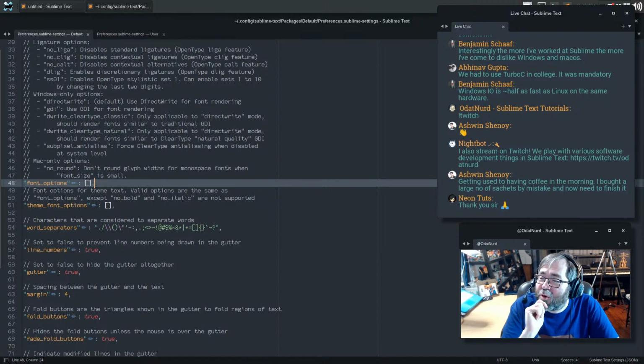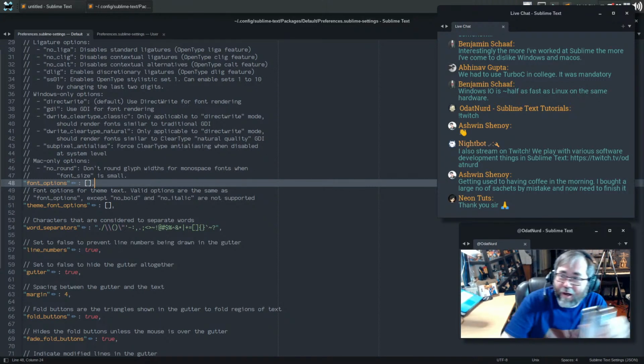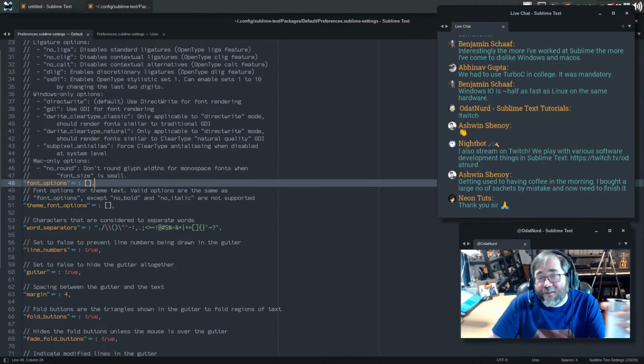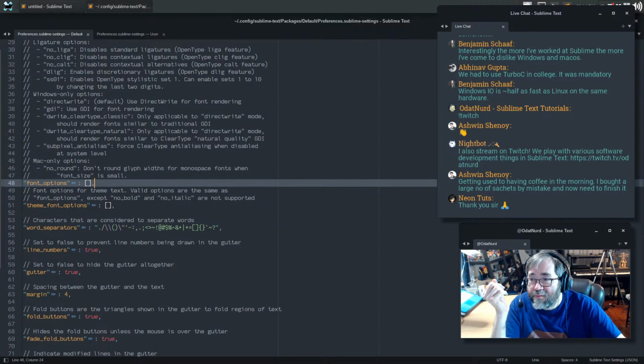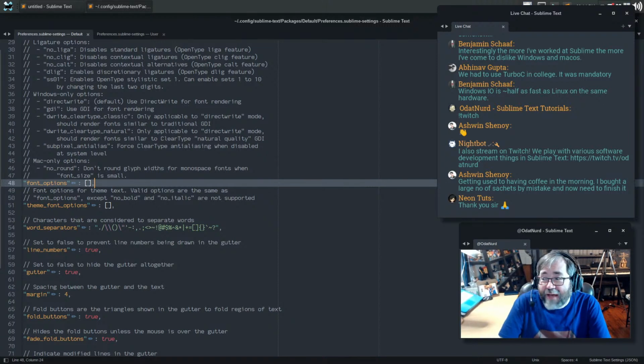Getting used to having coffee in the morning? Oh, instead of tea? I mean, I know how to get it going on here. I have tea in one, coffee in another, and then water in a third. I'm all wired up. For all that I've been on vacation and I haven't really stepped foot in the office here for more than 12 seconds at a time since the stream on Friday on Twitch, I have been going to bed rather late these last few days. So we may not go past 2 hours on the stream tonight.